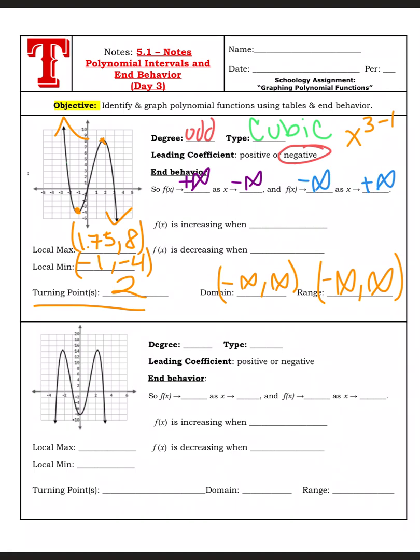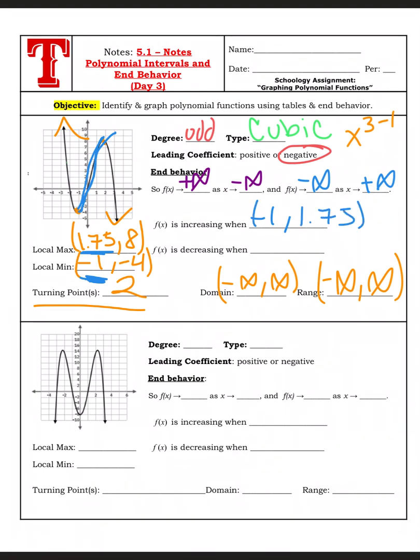Okay, now let's get into the fun stuff. f of x is increasing. So when is the graph going up? So if I was to trace this, I would be going up right here. That is the only time when I'm going up if this graph was a roller coaster. So that is going to go from -1, which is right here, that x value, and it's going to end at our local max of positive 1.75,